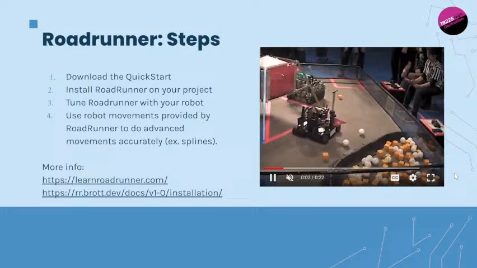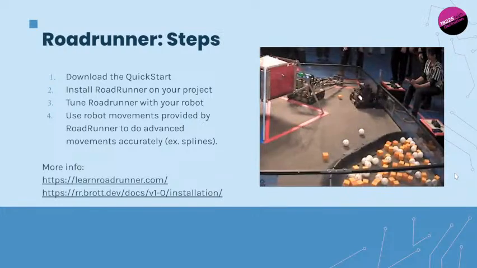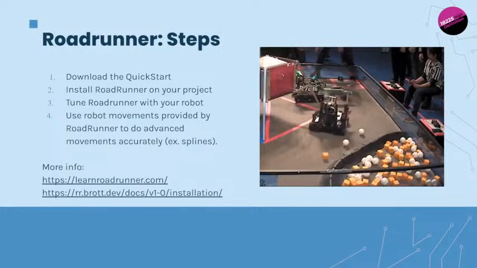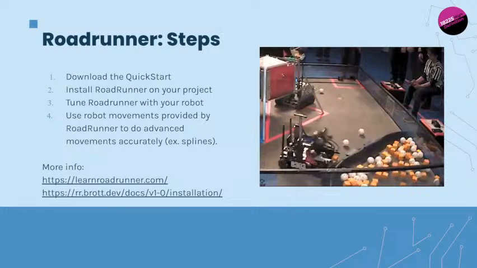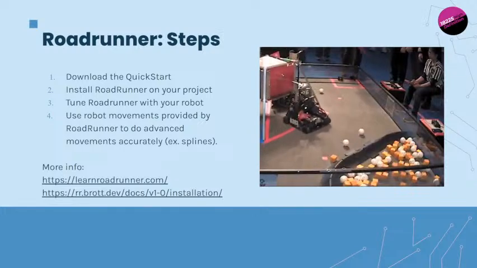So as you can see here, this robot is rotating and then moving to the same place over and over again. So they're using Roadrunner to do this. And these were all pre-programmed movements because they tried it out on the